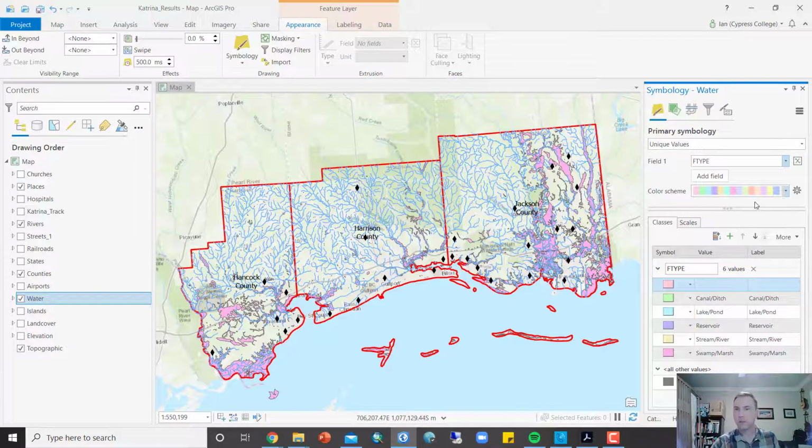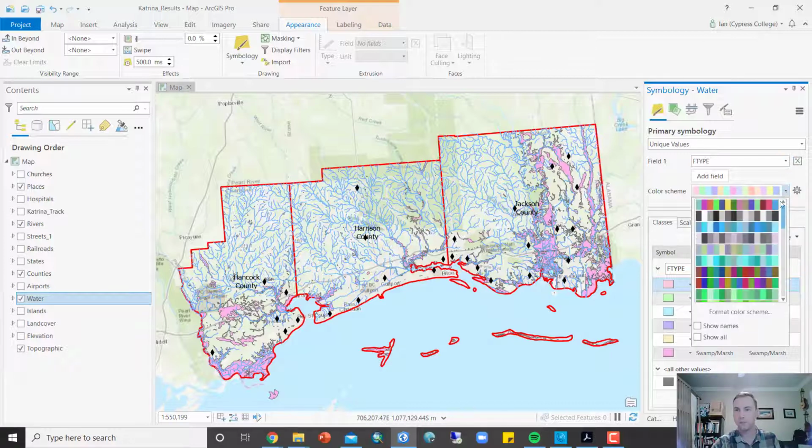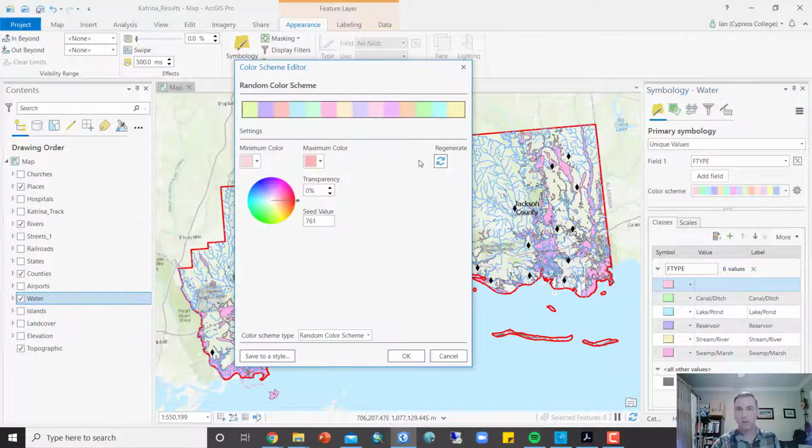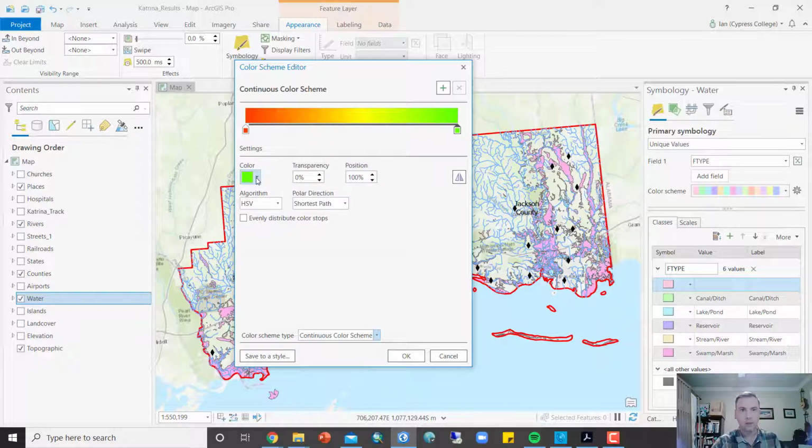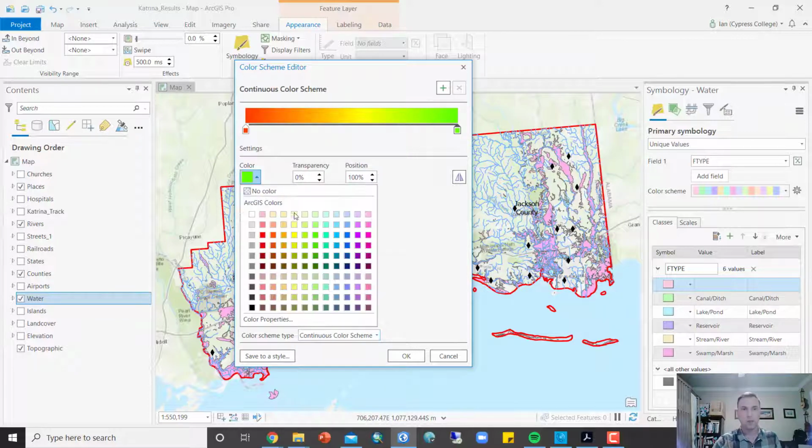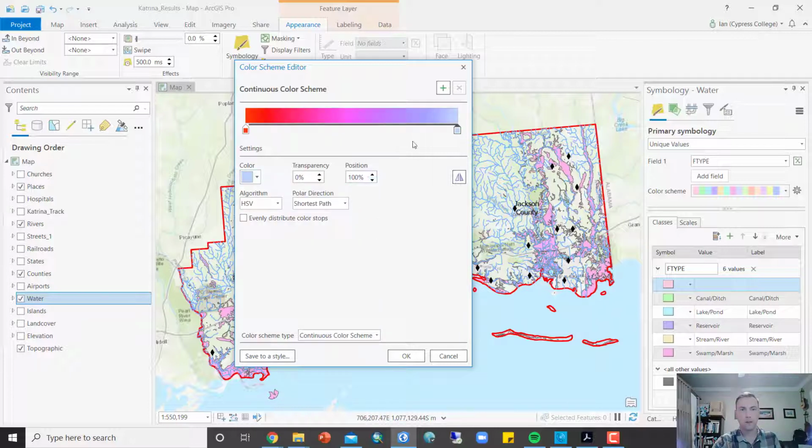Go ahead, this is a step we haven't done yet this semester. You're going to click on the color scheme, and then click on Format Color Scheme. This is actually a little bit different than the book says, and I think there must have been an update to the program. But we're going to change it from random color scheme to continuous color scheme. All right, and then on the left-hand side, we're going to make this light blue. I'm going to go with Sugar Light Sky, and then